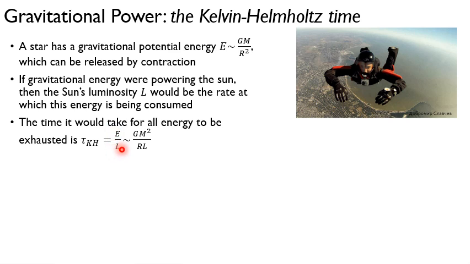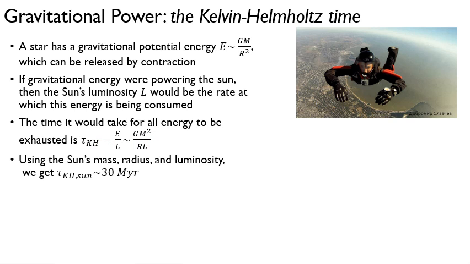You divide that by the luminosity, the rate that you're consuming the energy, and that gives you a time. This is our equation for the Kelvin-Helmholtz time. If we plug in the mass, radius, and luminosity of the sun, being careful with our units, we get that this Kelvin-Helmholtz timescale is about 30 million years,